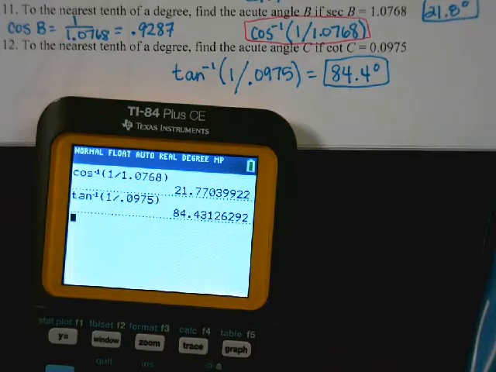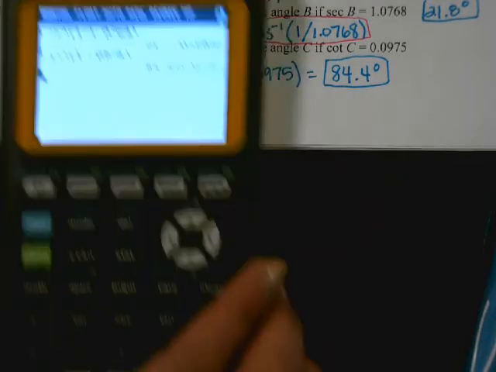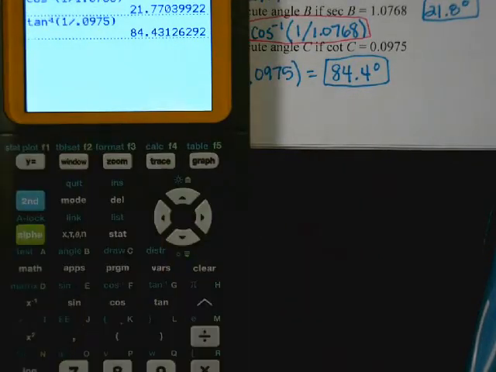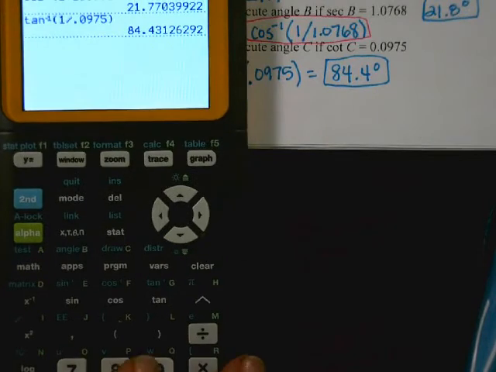If you didn't, holler at me and I will come look at your calculator. No judgment zone. So you should say second tangent, because tangent and cotangent are reciprocals. So tangent to the minus 1 of 1 divided